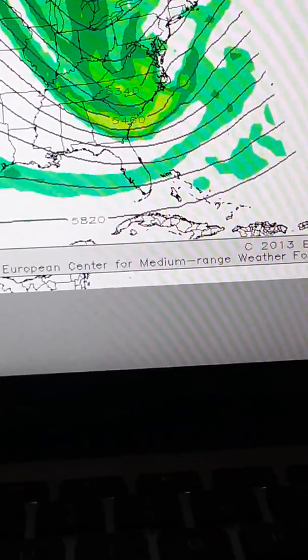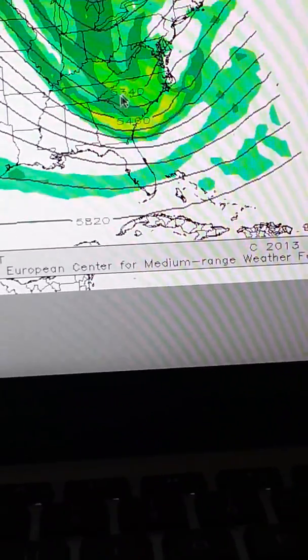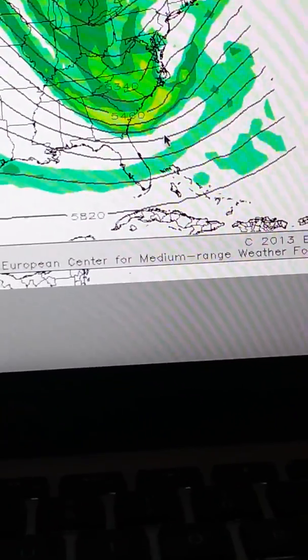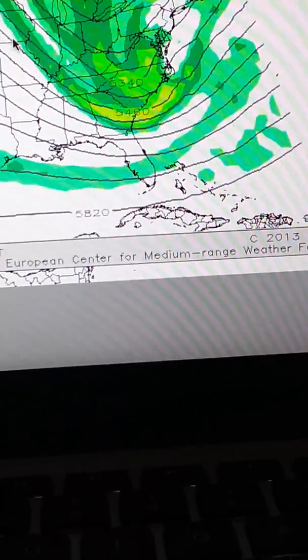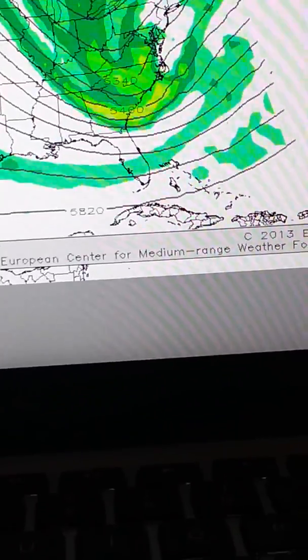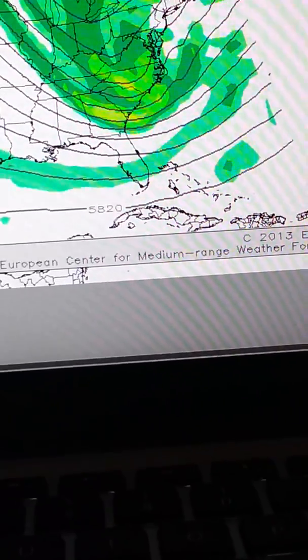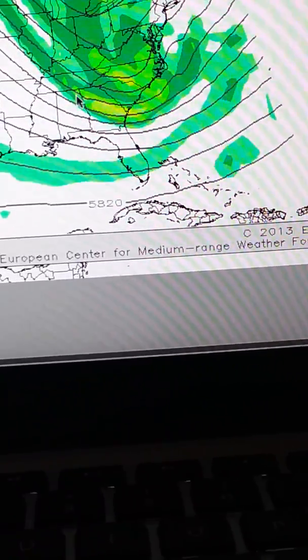Clearly, actually. Pay attention to this piece of energy. You see how it's facing this way in the old run? Now look at the new run. You can see it's back in here now. So